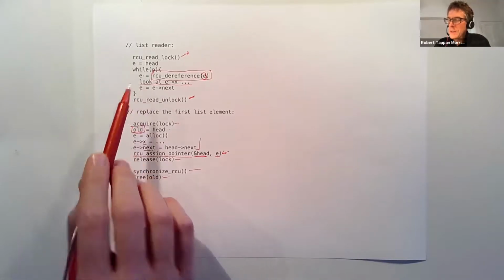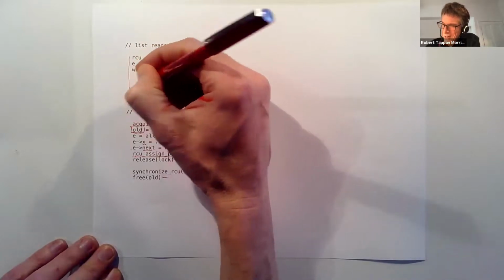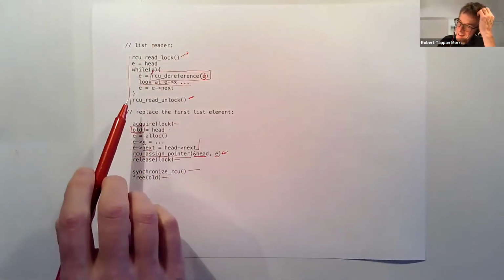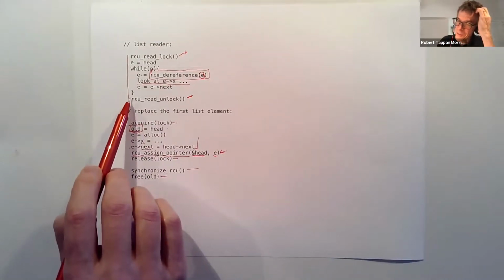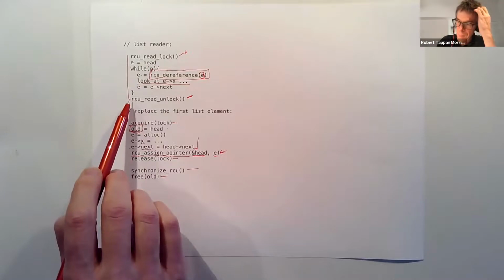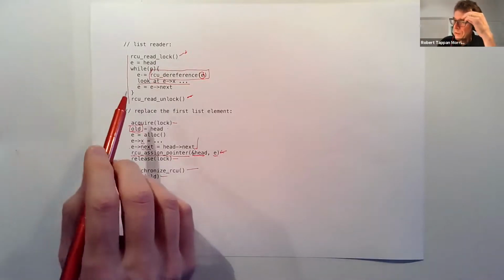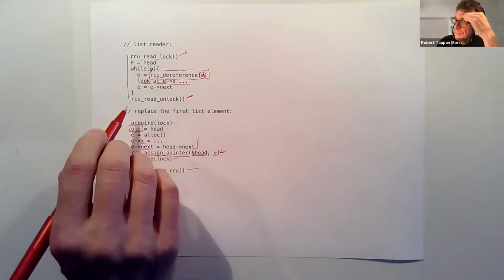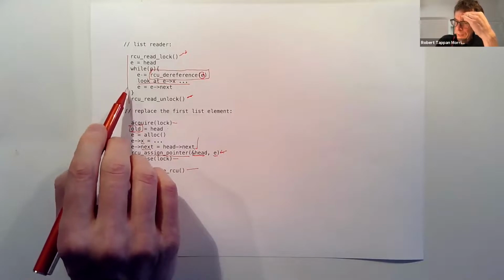Because then we would no longer be in control. It has to be the case that we don't look at RCU protected data outside this RCU critical section, or we don't do a context switch. If we just write a generic function that returns a list element, then for all we know, the caller may context switch. Maybe we can persuade the caller to follow some rules too, but